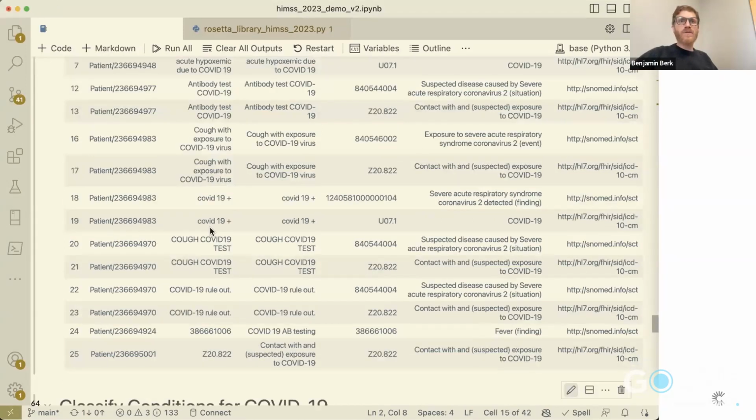And we can go down this list. We can see things like cough COVID-19 test also being mapped to suspected disease. We're even identifying exposures. So cough with exposure to COVID-19, there is a SNOMED code for exposure due to SARS-CoV-2. Got it. So now we're getting close, right?